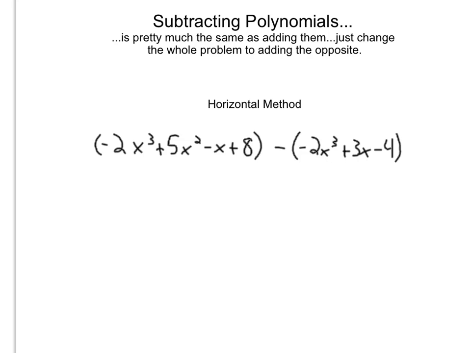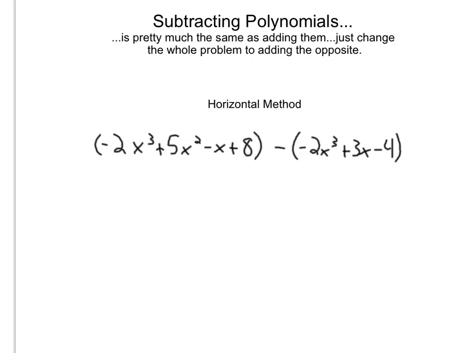Okay, and we'll do an example of subtracting polynomials, which is the same as adding them, okay? Because remember, subtraction, we always just change to adding the opposite. The trick in this is how to change to adding the opposite, so make sure you pay attention to that carefully. Alright, so we are going to make sure that our polynomial is in descending order, standard form, which